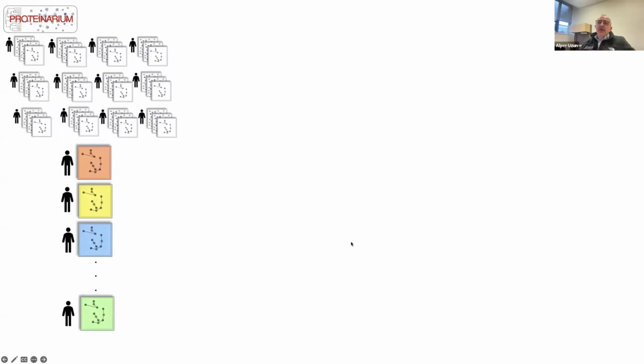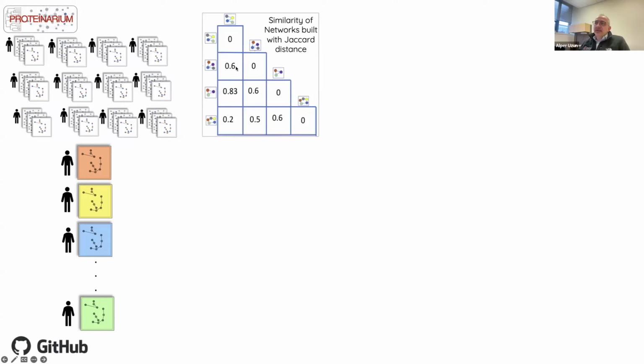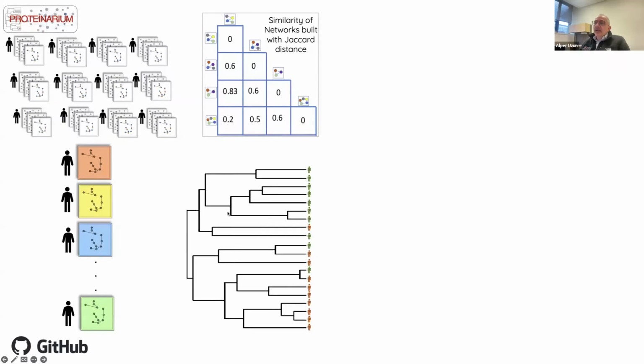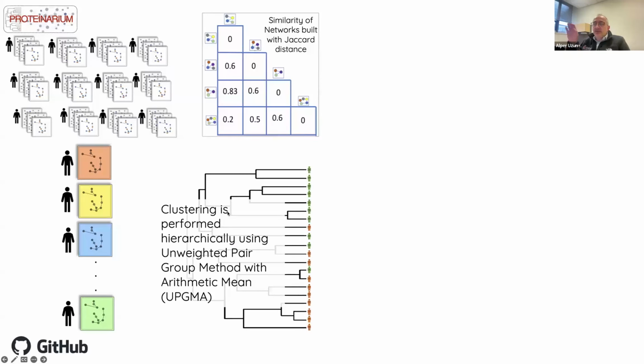Now just imagine that you are doing this for all patients. If you have 100 patients, you are doing this over and over again for each patient. At the end of the day, each patient is represented by a network, so for each patient you have one network. Then we use Jaccard distance to see how similar those networks are to each other. If they are similar to each other, their values are close to 1. Then we use the UPGMA method to cluster those patients by their network similarities. Just imagine that this is a tree of organisms. No, they are patients, represented by their network similarities.